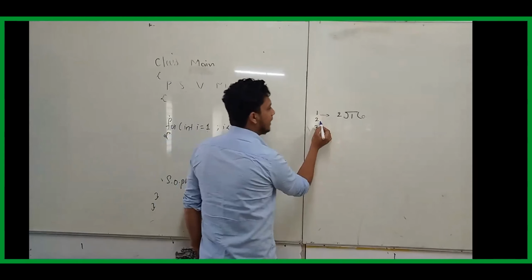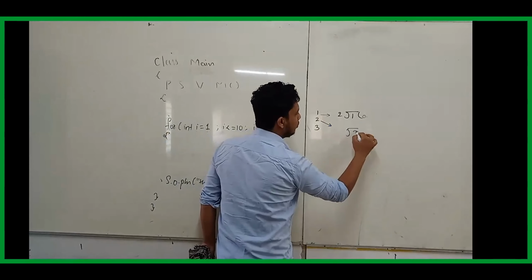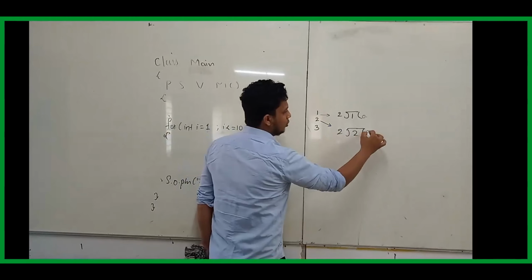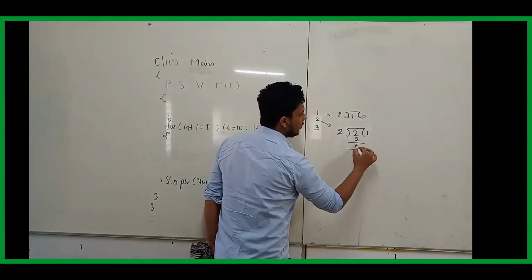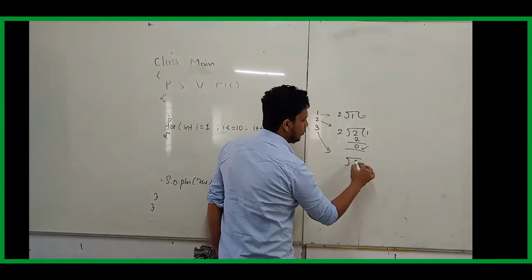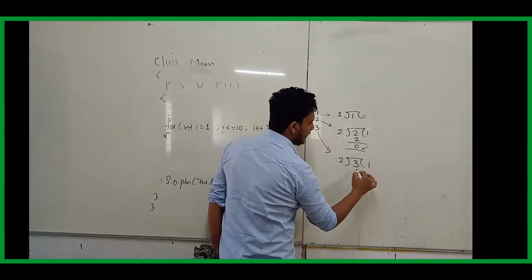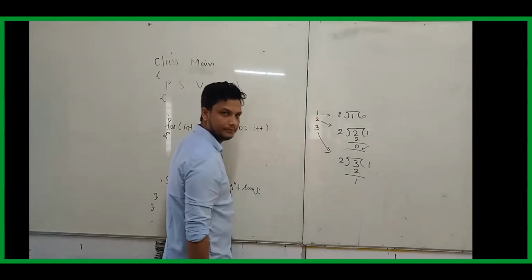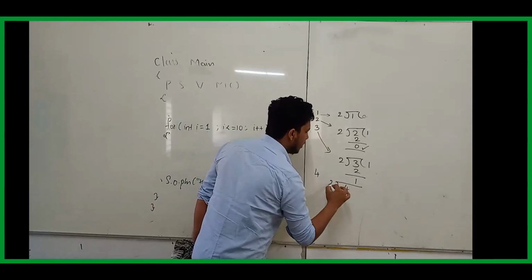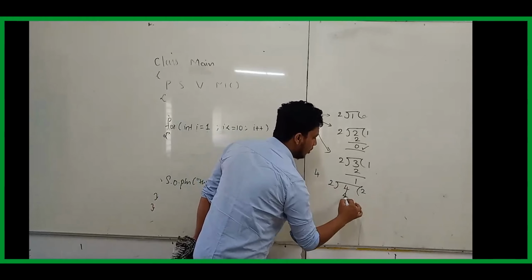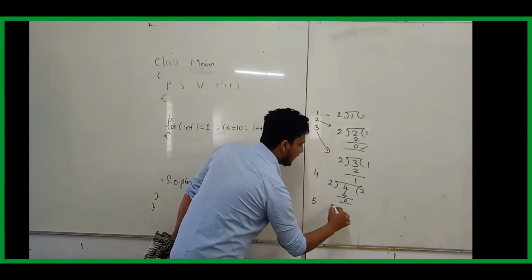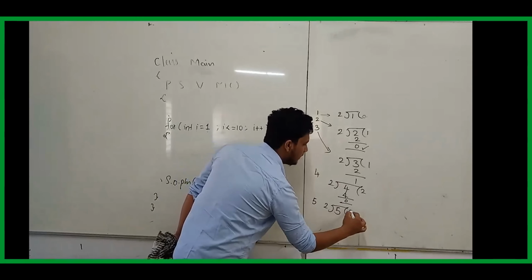Now go with the second number. Take this 2 and divide by 2. Now tell me, is it possible to divide? Yes or no? 2 ones are 2. Remainder is what? 0. Okay. Now take this 3 and try to divide it by 2. 2 ones are 2. Remainder is 1. Now take the number 4 and divide by 2. 2 twos are 4. Remainder is 0. Next, I'll take one more number, 5, divided by 2. 2 twos are